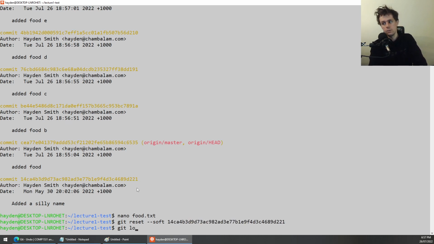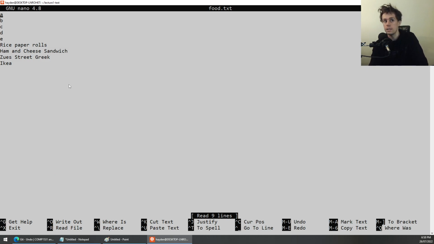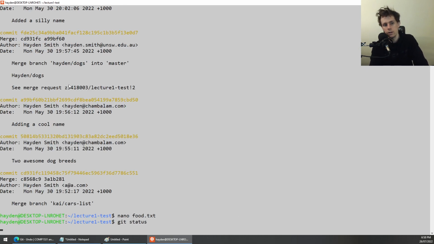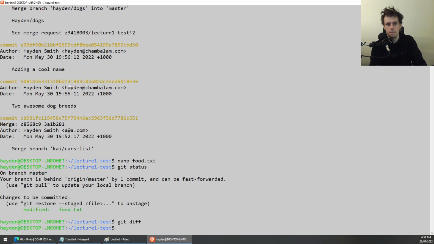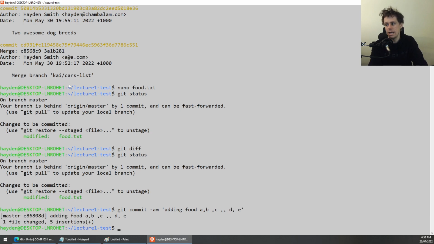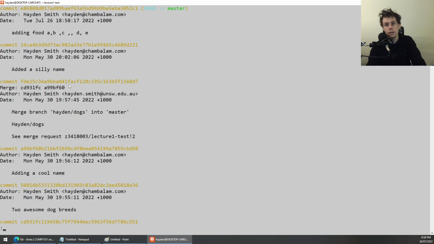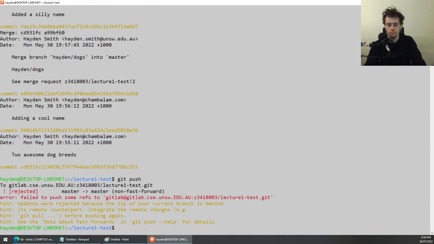and I go git log, you'll notice that all of those commits are gone, and you'll notice that if I open food, there's 5 lines there, and when I go to git status, it is telling me that I've modified food, right? So now what I can do is commit, saying, adding food A, B, C, D, E, and now when I git log, you'll see that there's just 1 commit for that. And now when I push that up to GitLab,